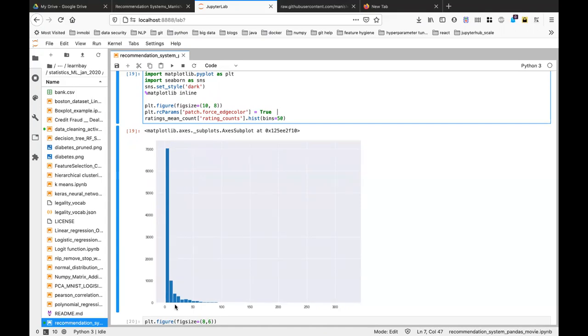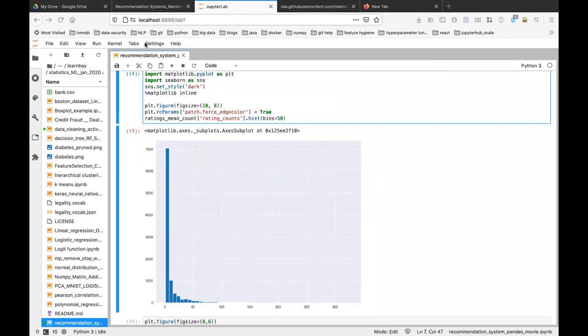What this is saying is that there are very few movies which have a lot of ratings, like more than 50 or 100, on this side. But the majority of movies have very minimal ratings, with fewer than 10 people having rated them.